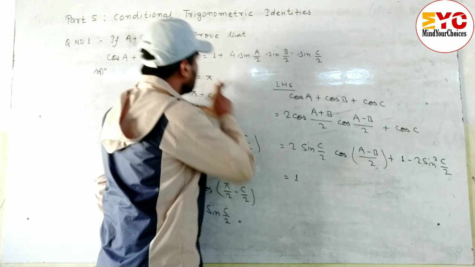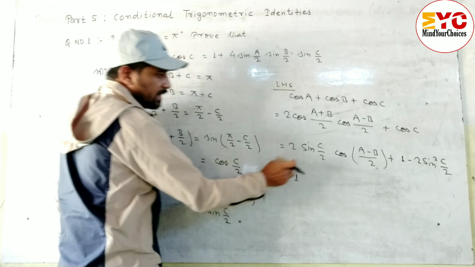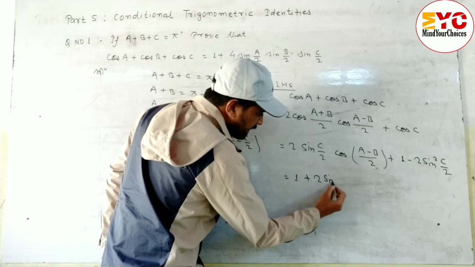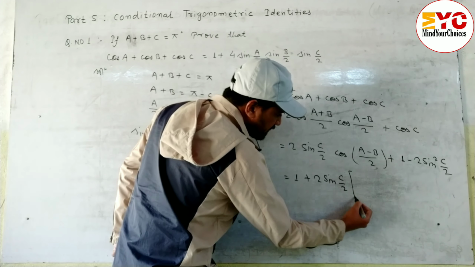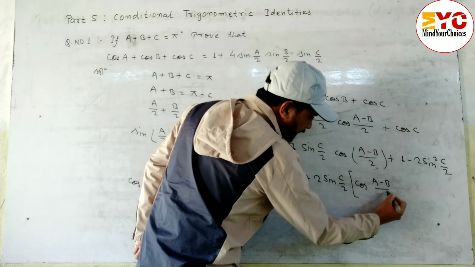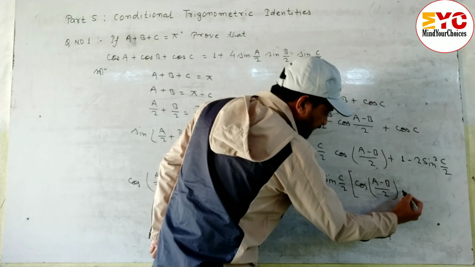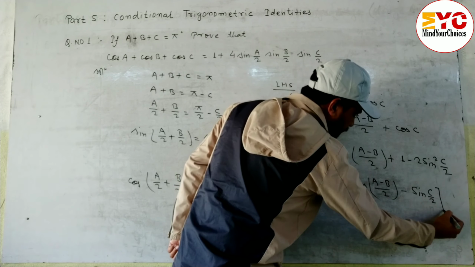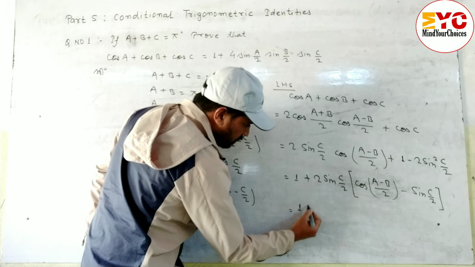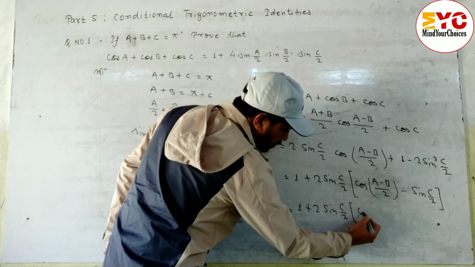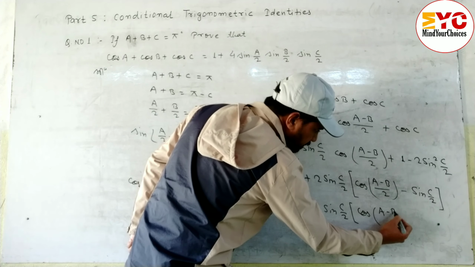Okay, up to here. Now write 1 in front. Now look here, we need 1 and we got 1 here. Now this and this we have to take common, so the common factor is 2 sin c by 2, and what is remaining here? Cos a minus b by 2. It is minus, 2 already common, sin c by 2 common, so what is remaining here? Sin c by 2. Look once again: 1 plus 2 sin c by 2, now write the same, a minus b by 2.